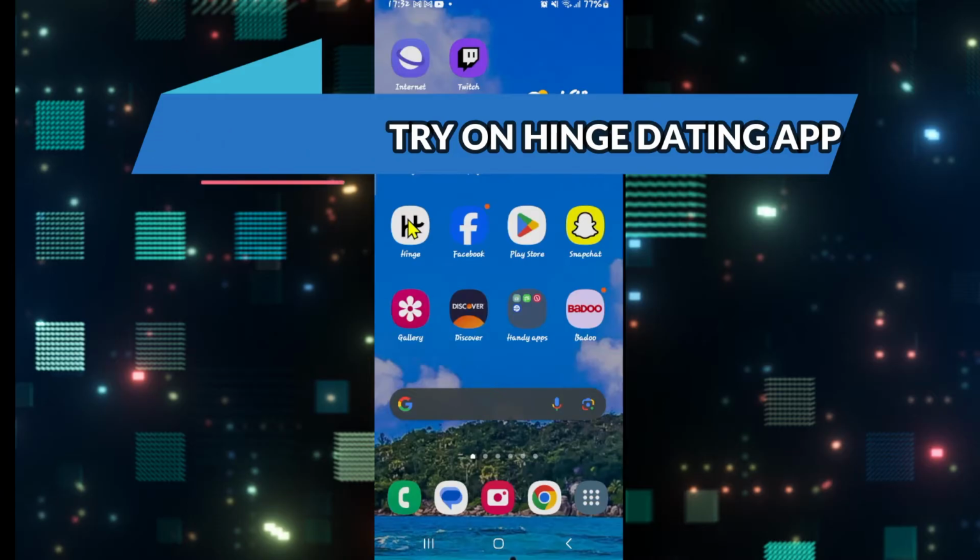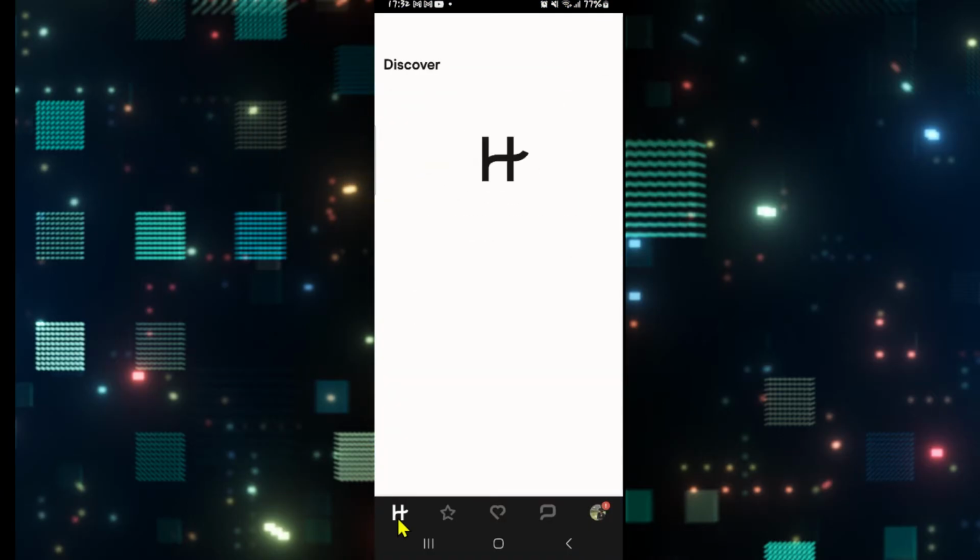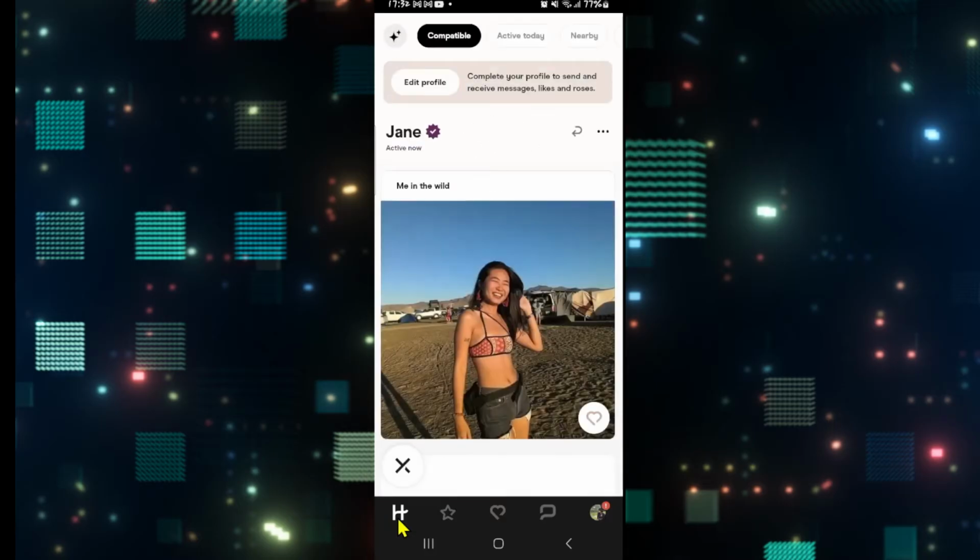First of all, open up the Hinge dating application on your device and then log into your account if you haven't done so already using your credentials. Now, once you are logged into your account, you will be shown various different profiles that you can directly start matching with. Now, from the home page, if you wish to change your country that you are currently at, then